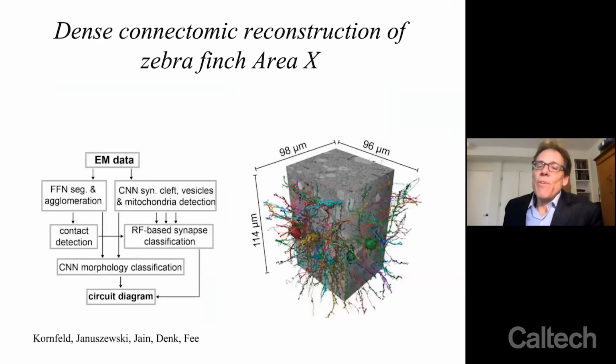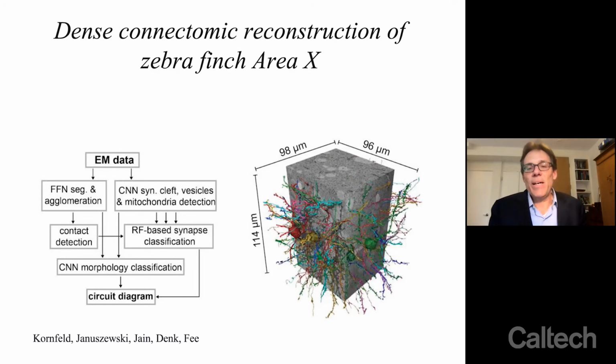Okay, so Viren and his group then used their new flood filling network algorithm to carry out a dense reconstruction of all the neurites in the volume and agglomerate those into complete neurons or neuron fragments. Jürgen then used a neural network-based classifier that he developed to identify the synapses in that volume and characterize them as excitatory or inhibitory based on established criteria. He used another neural network classifier that he developed to identify neuron types based on morphological features.